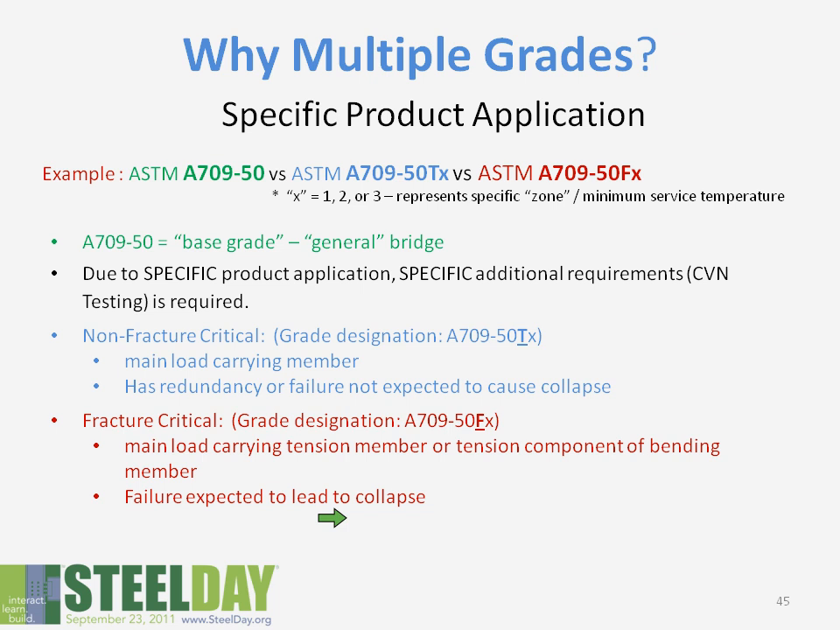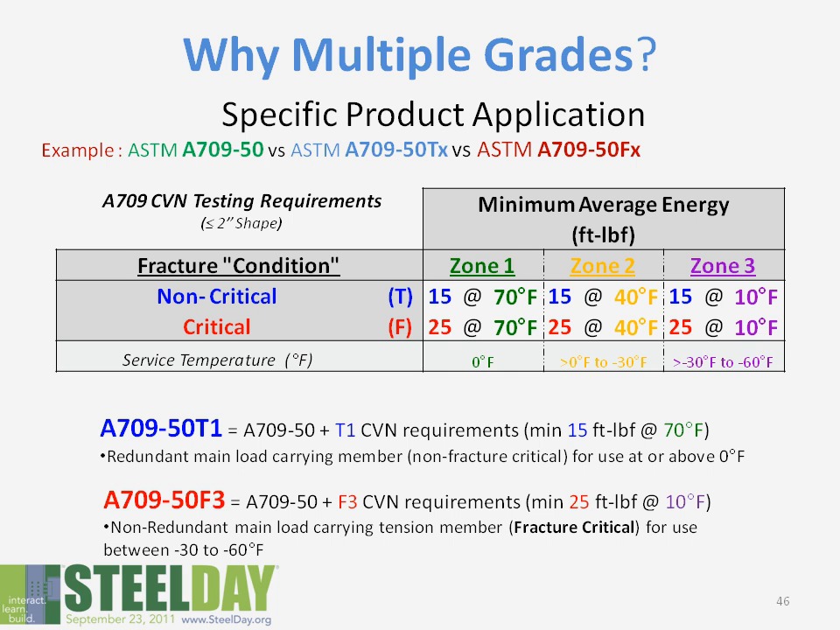We can also look at the grades for very specific product applications. For instance, if we look at the A709, you can modify that grade by adding a suffix T123 or F123. So the A70950 is the base grade, but due to very specific applications, be it a non-fracture critical application or a fracture critical application, we've modified the grade. So what happens is we take the base requirements for A70950, which again is A572 grade 50, and we add